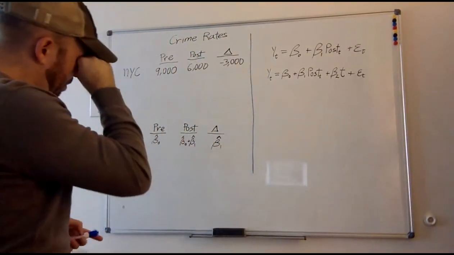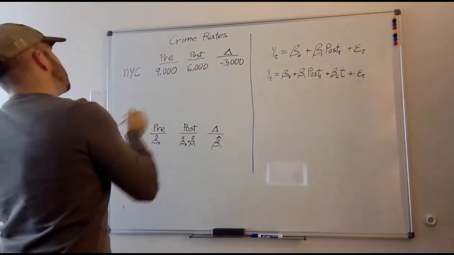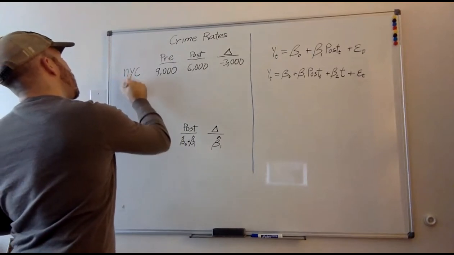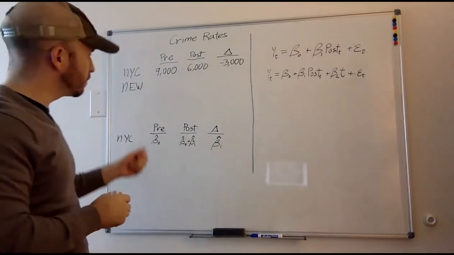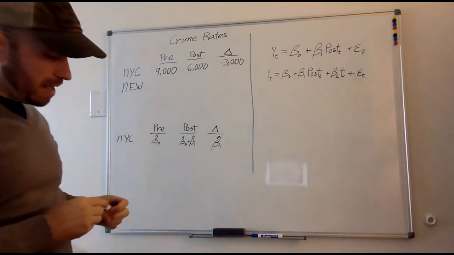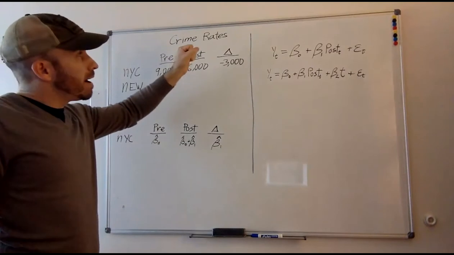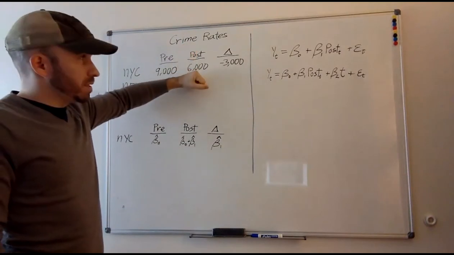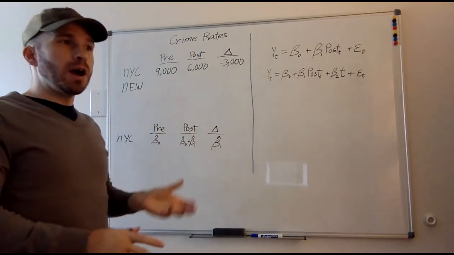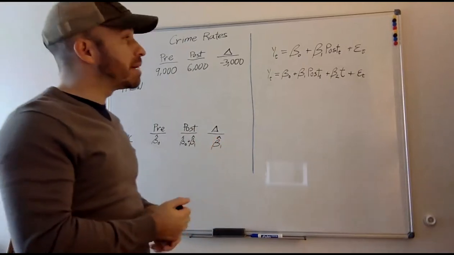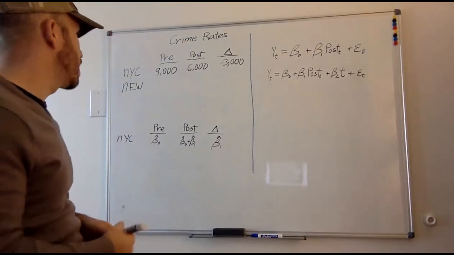So back over here. Suppose we do buy the argument that Newark, I'm not so sure that's how you're supposed to abbreviate Newark, but we're going to go with it, is a good counterfactual for New York City. That is, this broken windows policing was not implemented in Newark, and crime rates in Newark, or more specifically, changes in crime rates in Newark, are a good approximation for what would have been happening in New York City, right? So,